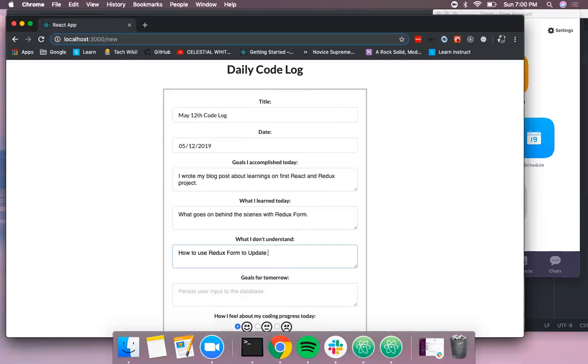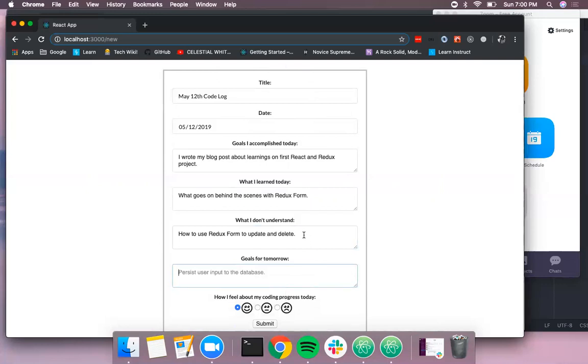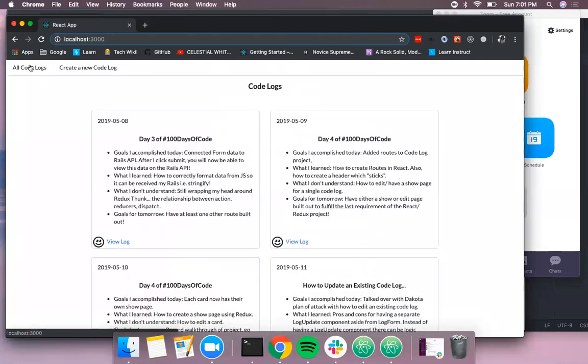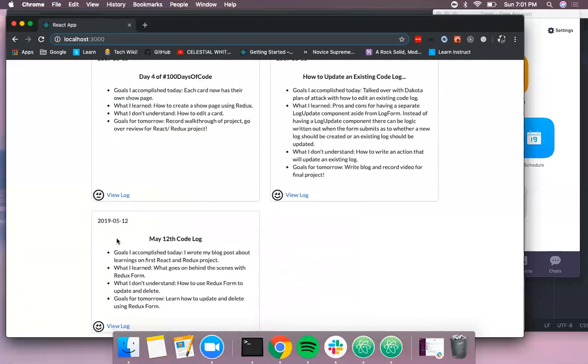to update and, I don't know, update and delete. And my goal for tomorrow will be to learn how to update and delete using Redux form. And I would say today was a good day of coding, so I'll keep it on the smiley face, and I'll click submit. Then if we go back to all code logs, we can see the code log showed up